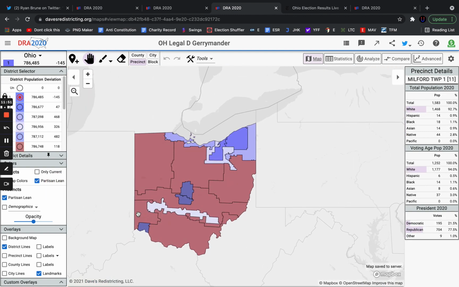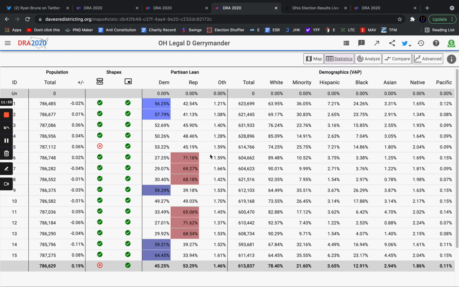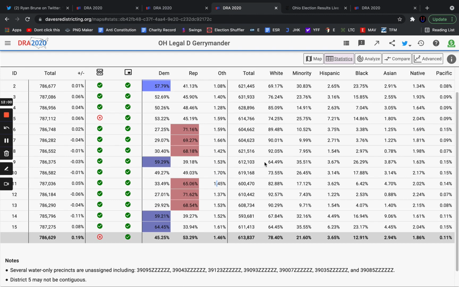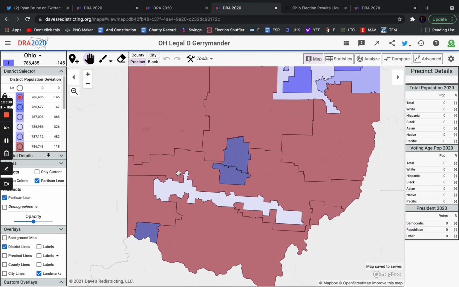So, this district is very, very ugly. It would have been won by Joe Biden, barely. Let's see. Yeah, he would have won it by 0.24%. I don't think you can get the exact vote totals, but a 0.2 win out of 700,000 is